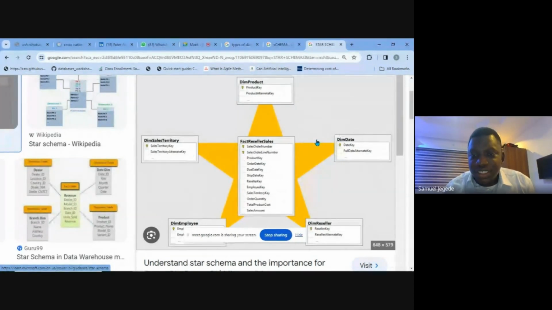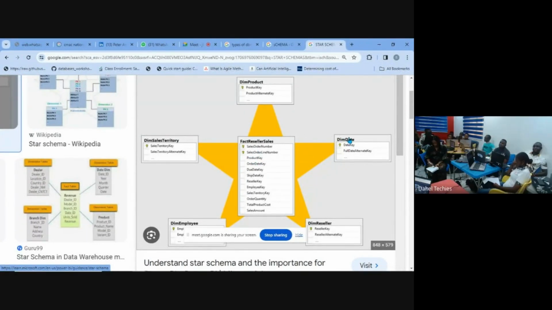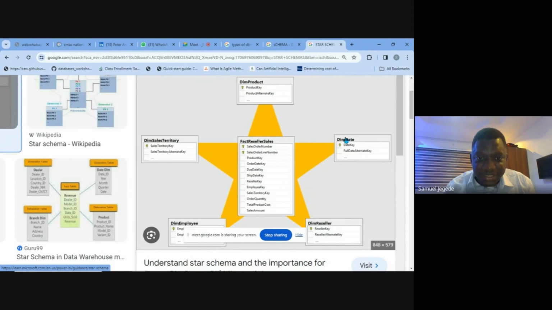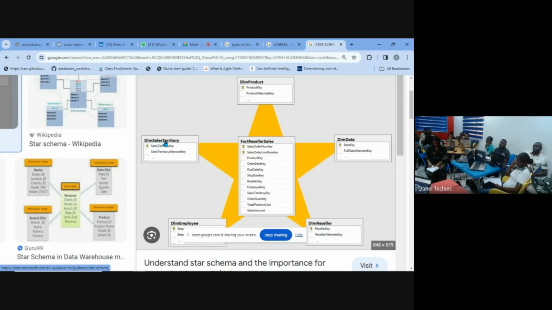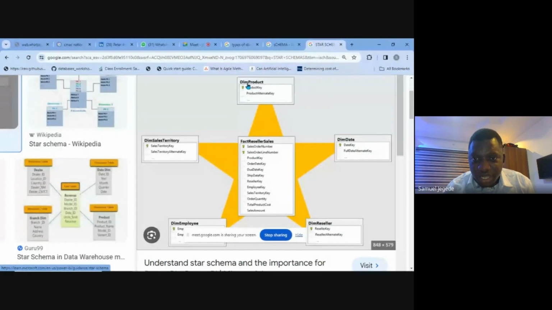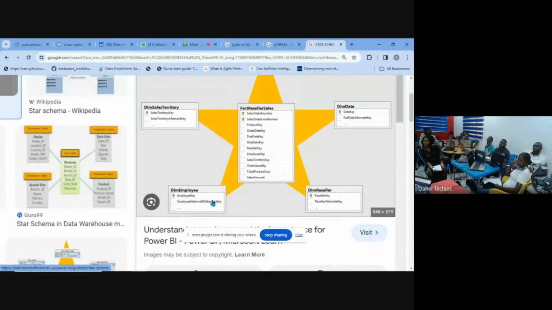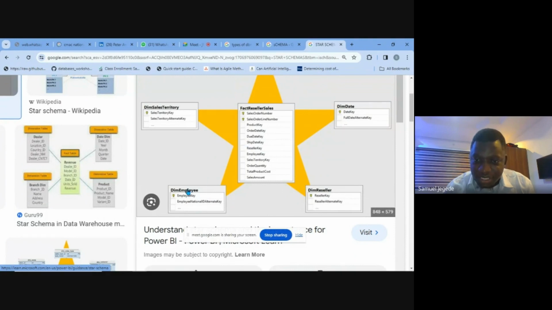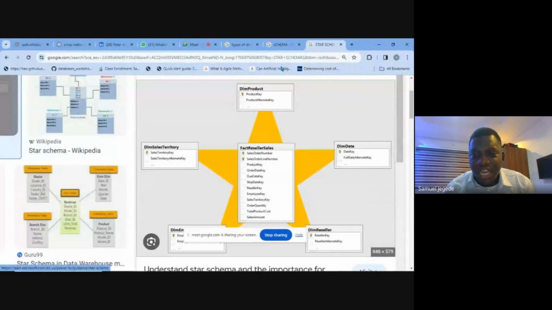How? It's feeding dates. Dates is getting dates from where? From dim dates. It's getting sales territory from dim sales territory, products from dim products, employee details from dim employee, and reseller from the reseller dimension. So there are a lot of dimensions feeding this fact table.